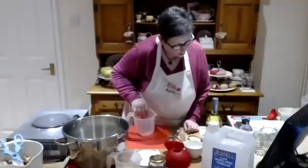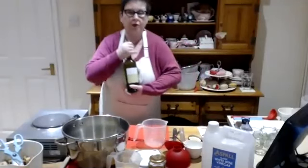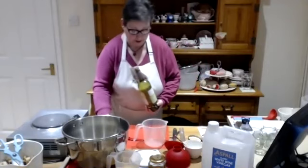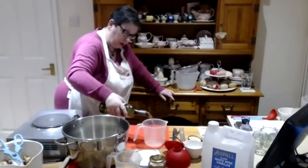And then our white wine is 375 ml. Doesn't matter what wine you have, and it doesn't need to be expensive or anything like that. So measure out your